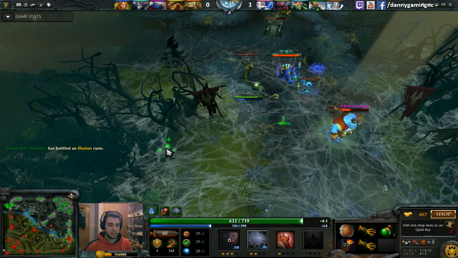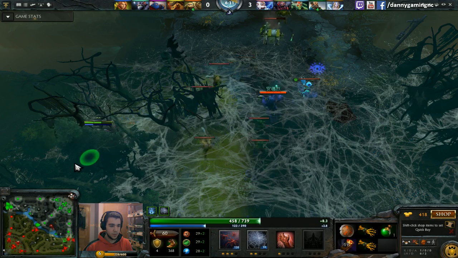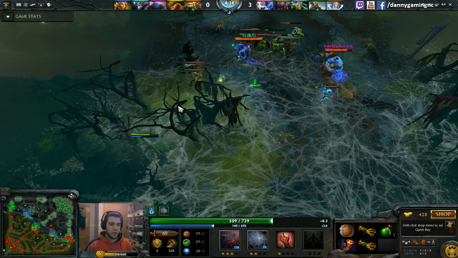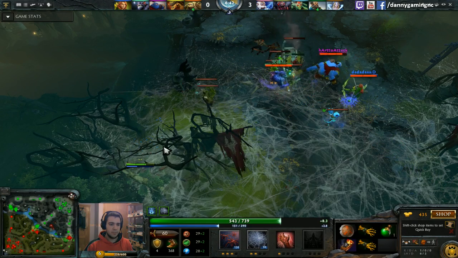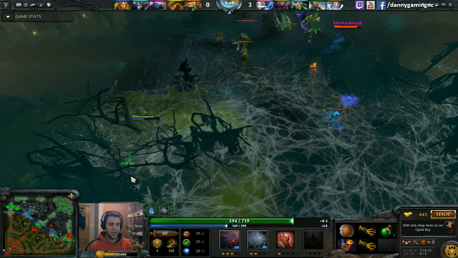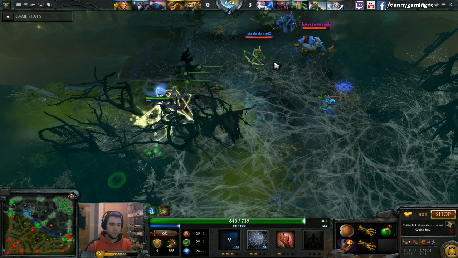Okay, second Sentry Wards is placed by Ogre Magi. That bash, by the way. What I wanted to say before, 6 minutes into the game, I have 6 creep kills, but it's really dangerous for me to get outside of the web, okay? Many people abandon the lane with supports and go help some other lane and leave their carry alone against the Broodmother. If you are playing against